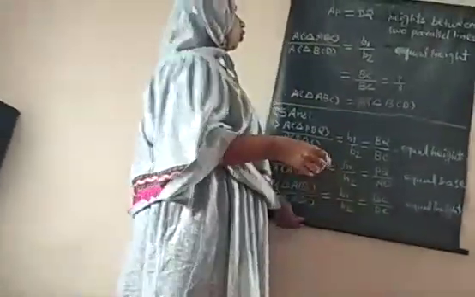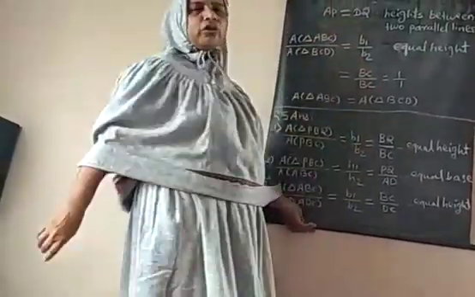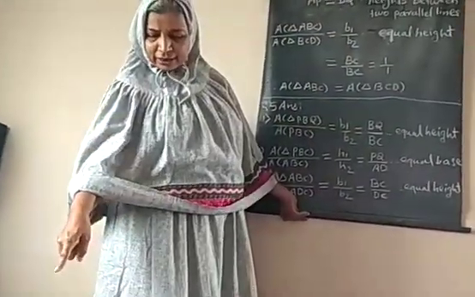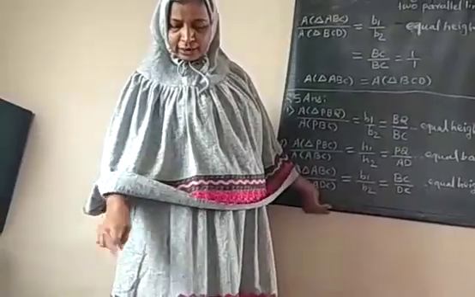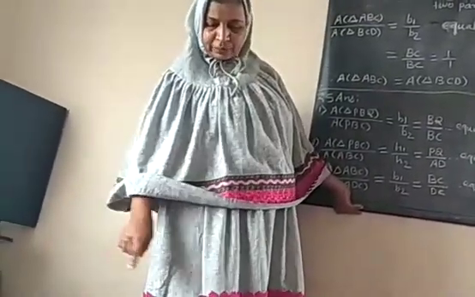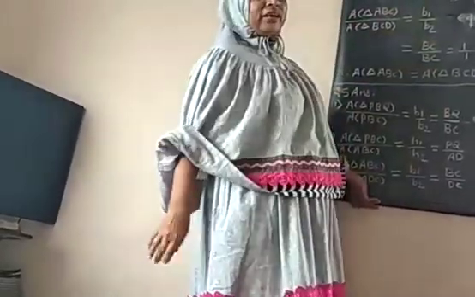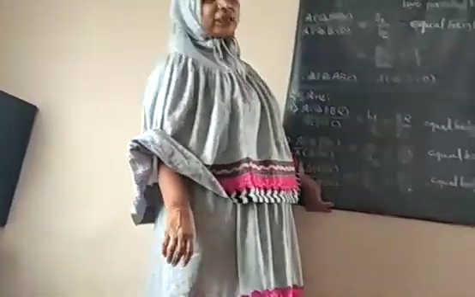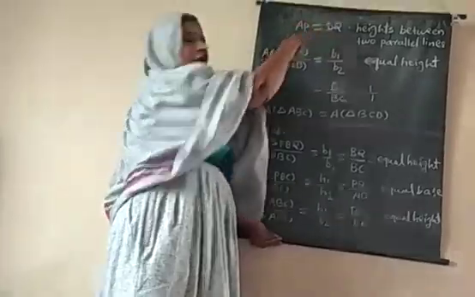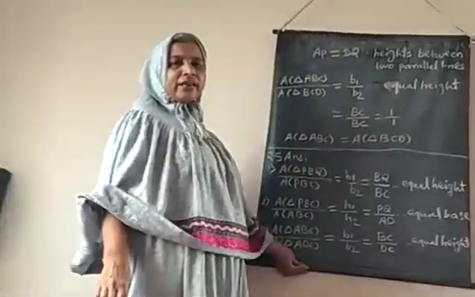Now in these two triangles, AP and DQ are both equal because the lines are given parallel in the question, that is the AD line is parallel to BC, and there is a rule that when parallel lines are there, the heights between the parallel lines are equal. Since AP and DQ are both heights, therefore they are equal.